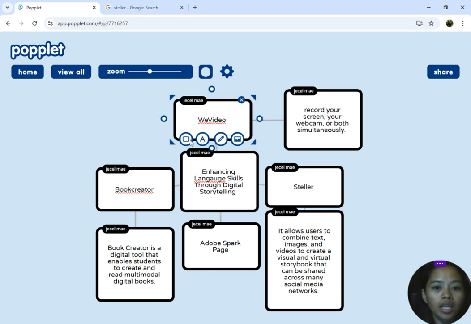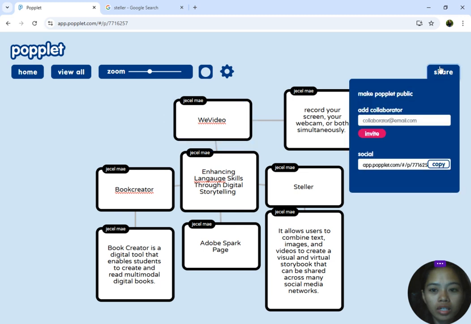So, this Padlet is open to all, and let's select this. So make Padlet public. Let's tap this lock here and let's make this work public.